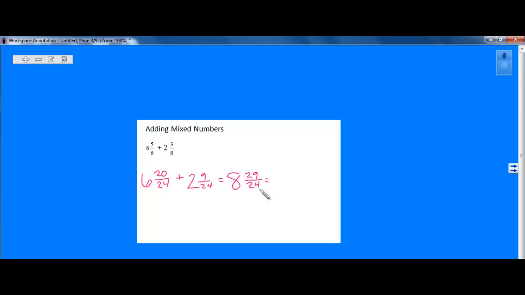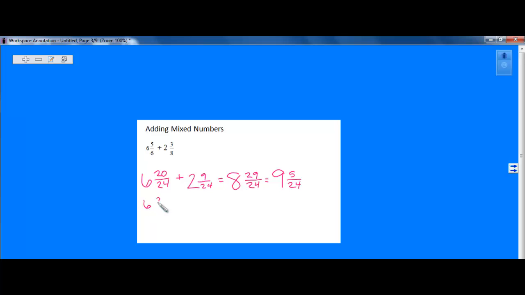I can't leave it like this because 29/24ths is an improper fraction. I'm going to take one whole out and give it to the whole number, so that'll bring me up to 9 wholes, and I will be left with 5/24ths. Some of you may like to set up your adding and subtracting of mixed numbers vertically instead of horizontally,